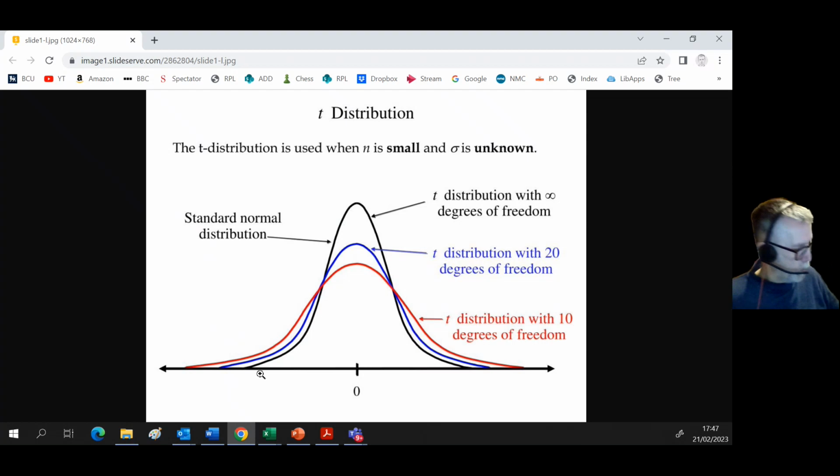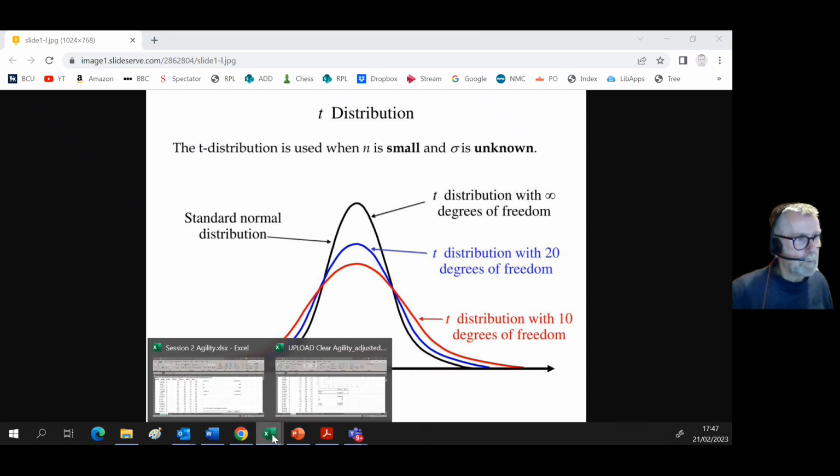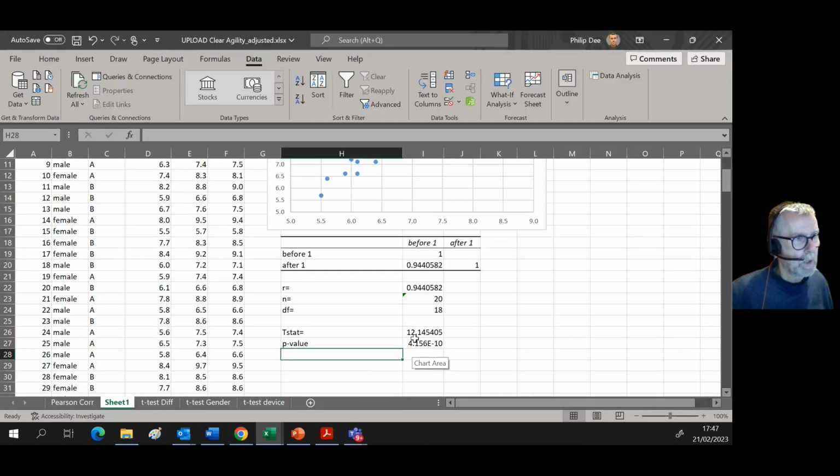In your case, go with two tails. That's why I picked 2 for that. Go back and see what we got. We're not told the critical value, but the p-value is definitely less than 0.05. Because what they've given here is a curious way of writing a very small number,